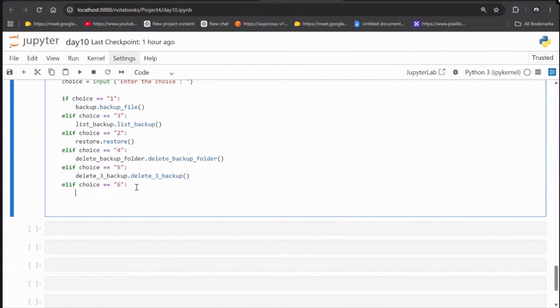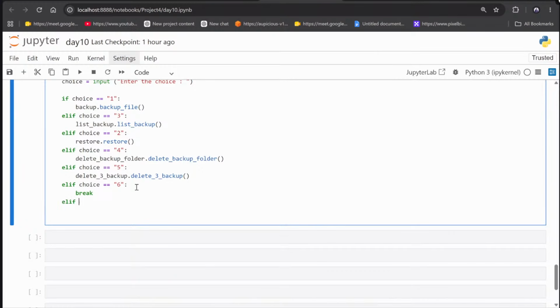So if choice is 6, do one thing, break the loop. Else, we'll put an else condition.